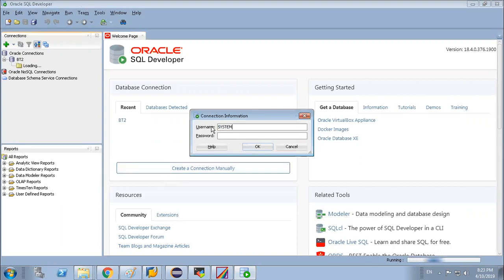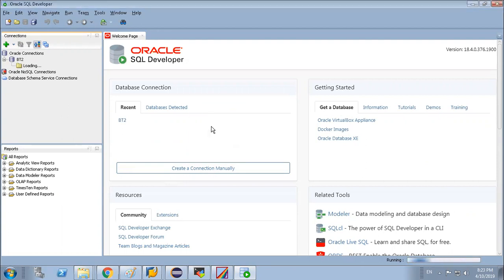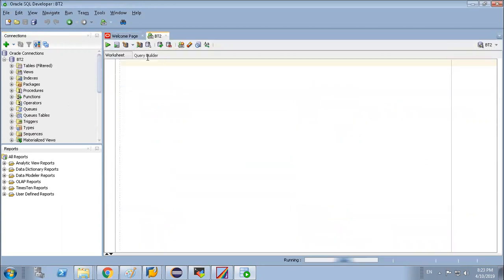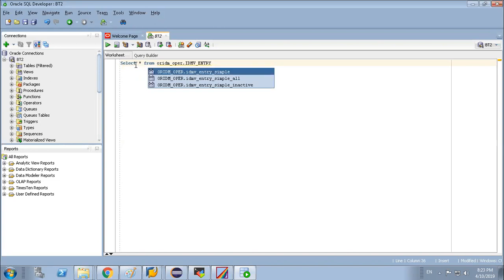Let me open. Okay, select star from ORIDM underscore OPER dot IDMV underscore entry underscore simple, where MC entry type, I told you the entry type, right?